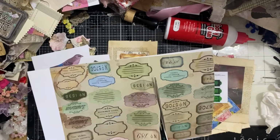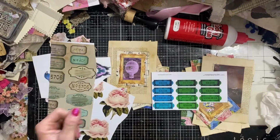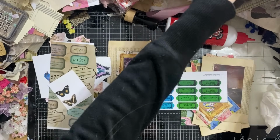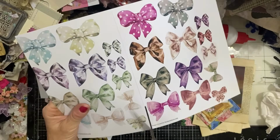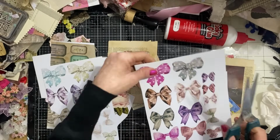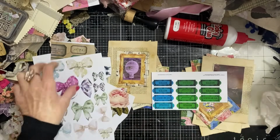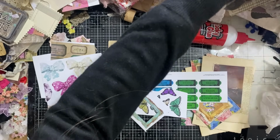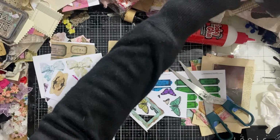So these are my labels set 1, I think it is. Again, you can see my printer sucked it through weirdly, so not great. And then I've got my bows. Again, my printer's sucked it through peculiarly, which is a bit annoying, but not the end of the world. So just going to take a couple of bows just in case I want any of those. And then I've also got some butterflies, some pieces from my fun photos, some frames,